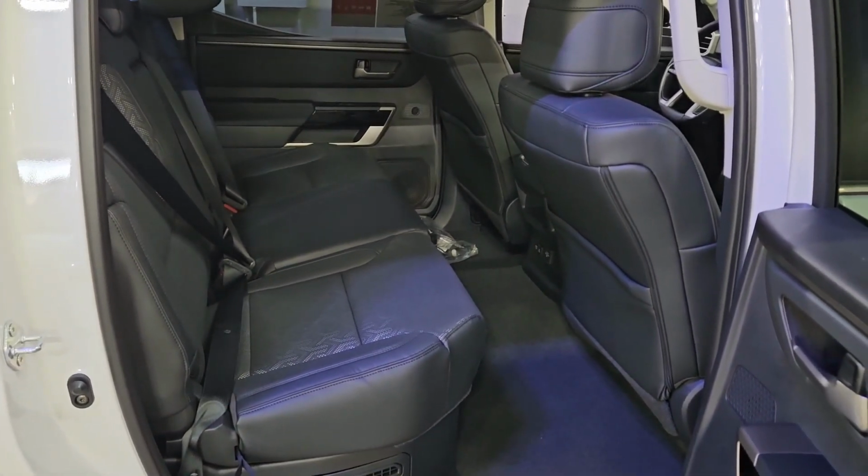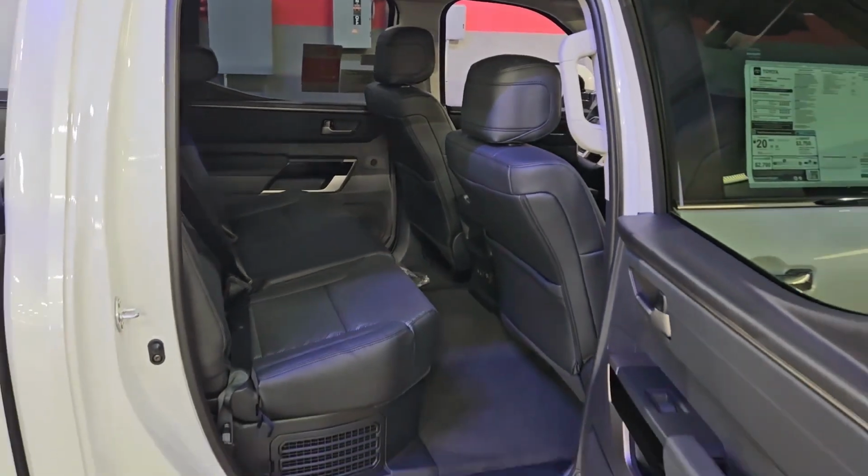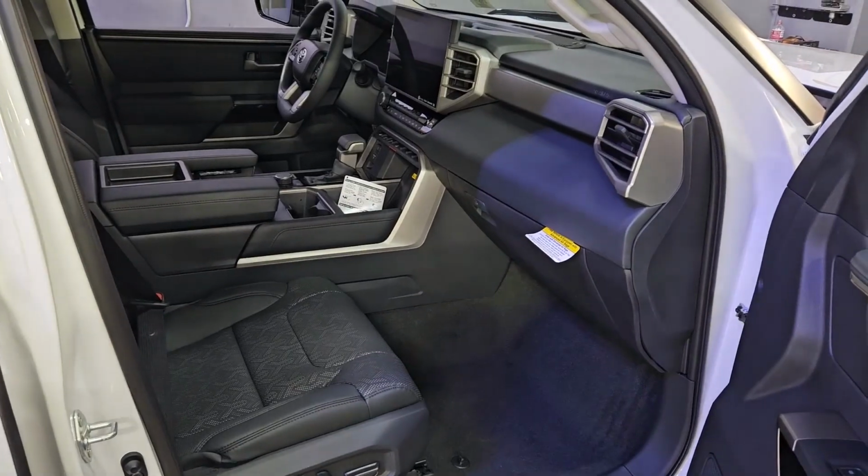Here's the deal. The mechanism that adjusts the seats can sometimes break. This means you might not be able to move your seat forward or backward properly. Imagine trying to get comfortable but your seat just won't budge. Frustrating, isn't it? It can be a real hassle, especially if you share the truck with other drivers who need